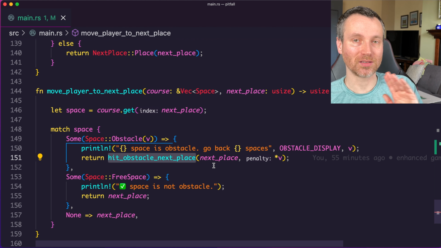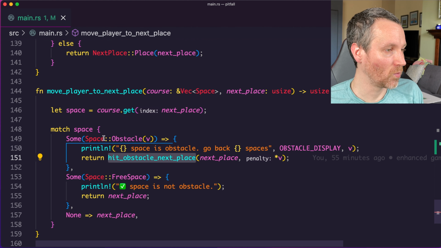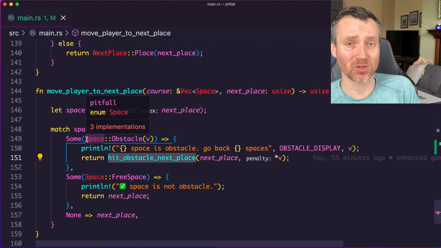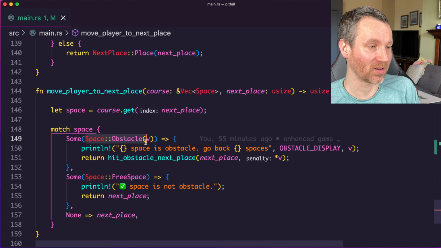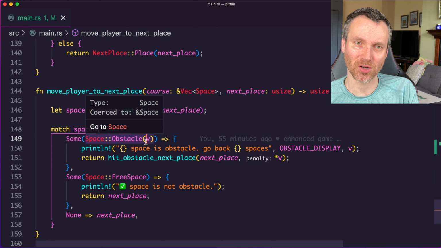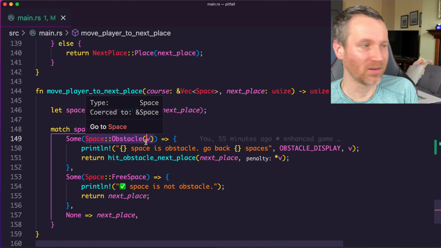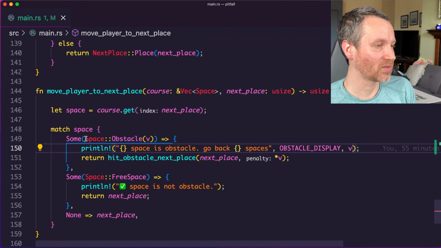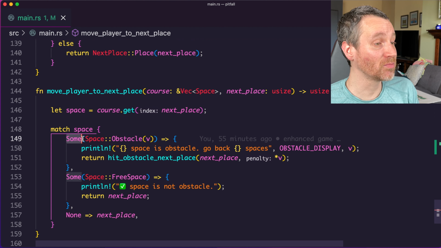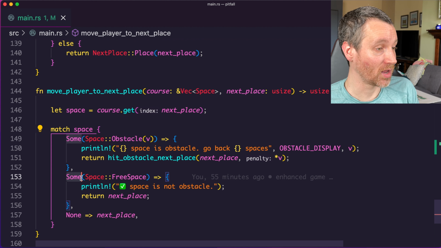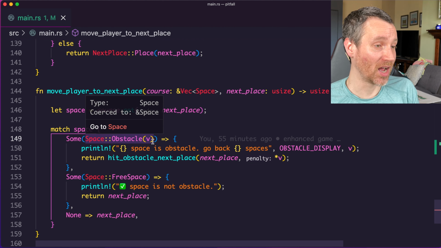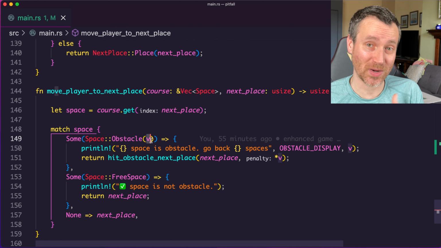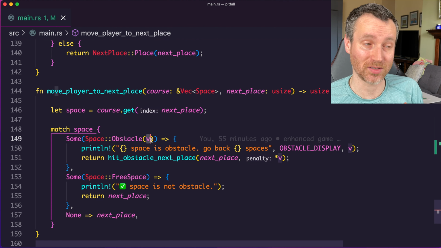So this is a little trick here. Well, maybe not a trick, but some sort of tip that you could use when you're trying to figure this stuff out with the borrowing and if you have mutability or not. So in this case, what I'm saying is we have some sort of space. And if it's an obstacle, that's on this branch. Now, we don't care what the penalty is, so that's why it's v. It's like a variable penalty. It could be